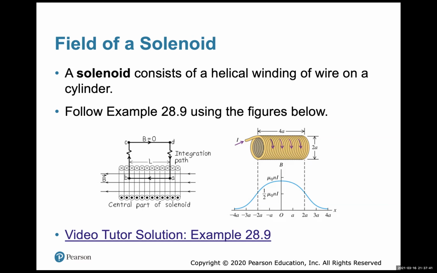Current passes into the page on the top and out of the page on the bottom of the left-hand drawing. If the left-hand drawing doesn't make you think a little bit about the electric field between two parallel plates,